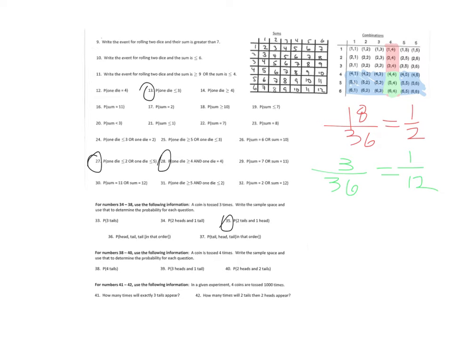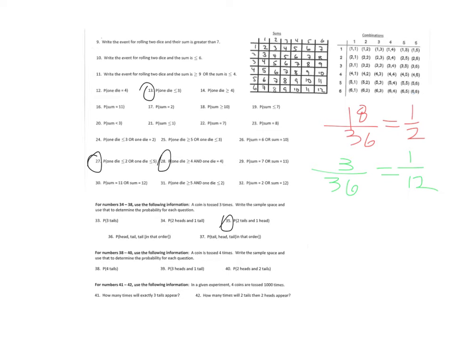So I actually am going to do one more. I'm going to add 27 onto this, as I like, in this video, to do an "and" problem and an "or" problem. We already did an "and" problem in 28, so now we're going to move to 27. If we look at 27, it says